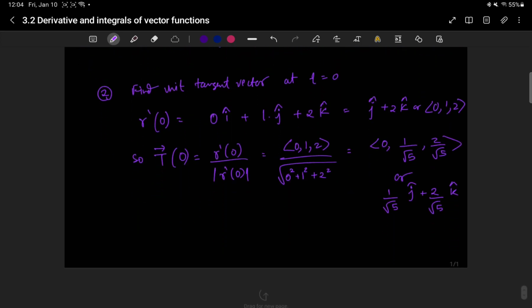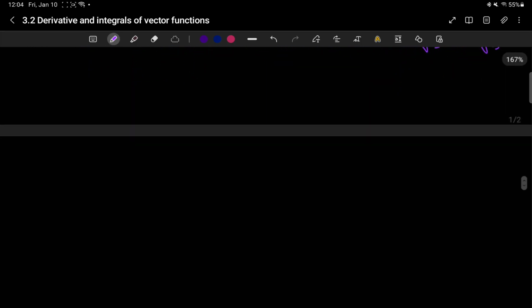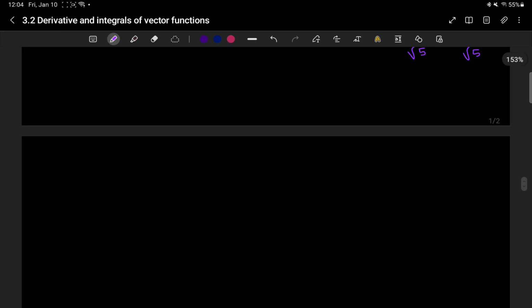Okay, let's look at another example of how this derivative, remember, means also tangent, right? So wherever there's derivative, whenever we're talking about derivatives, we're talking about changes, we're talking about tangents. So you can have a problem which says something like